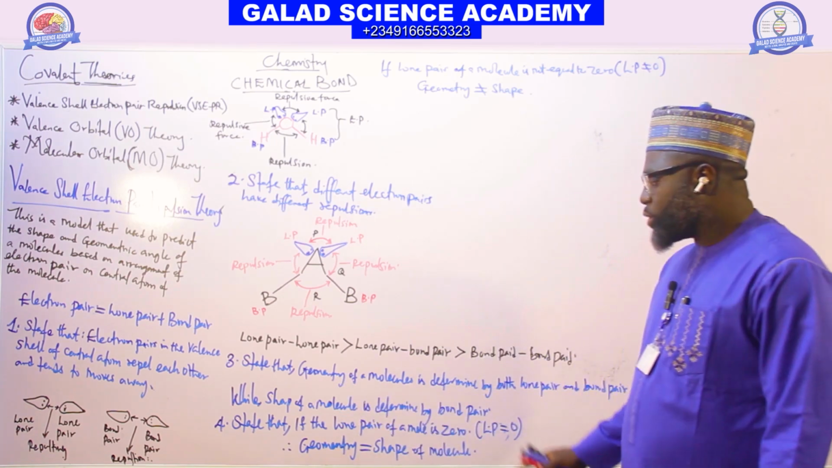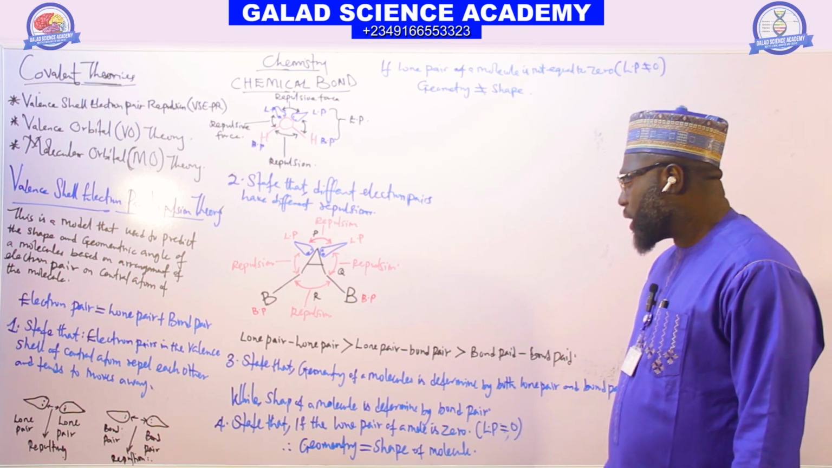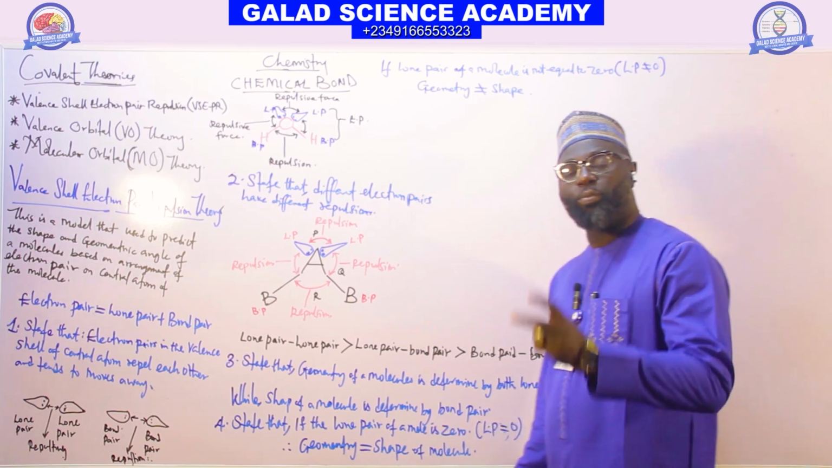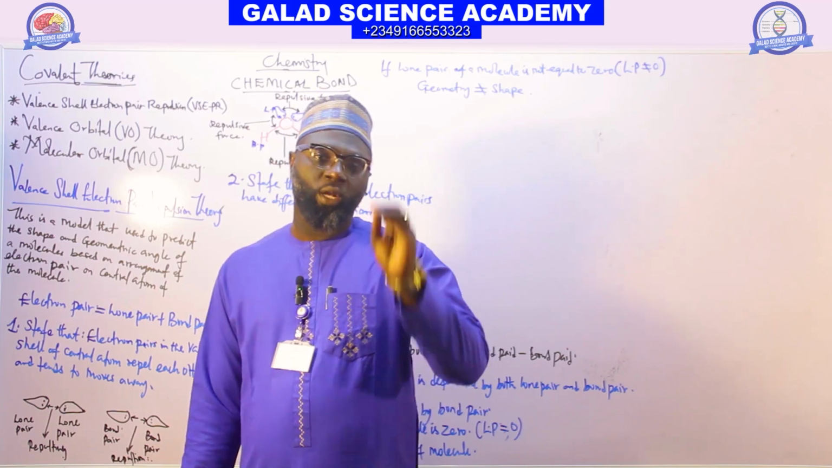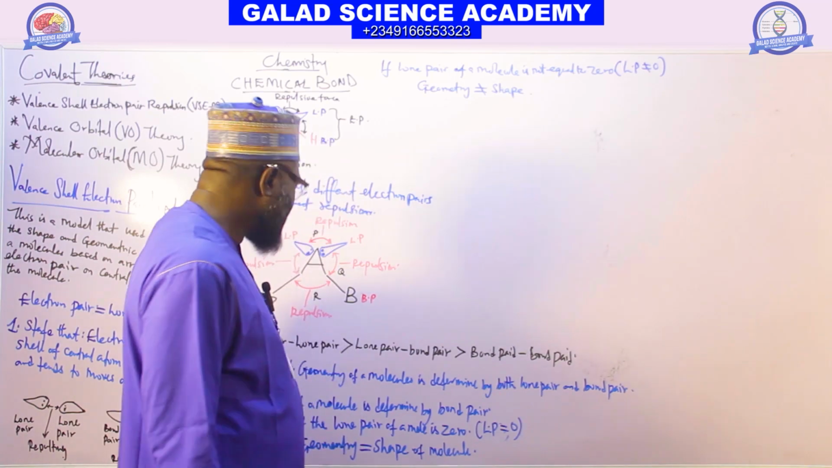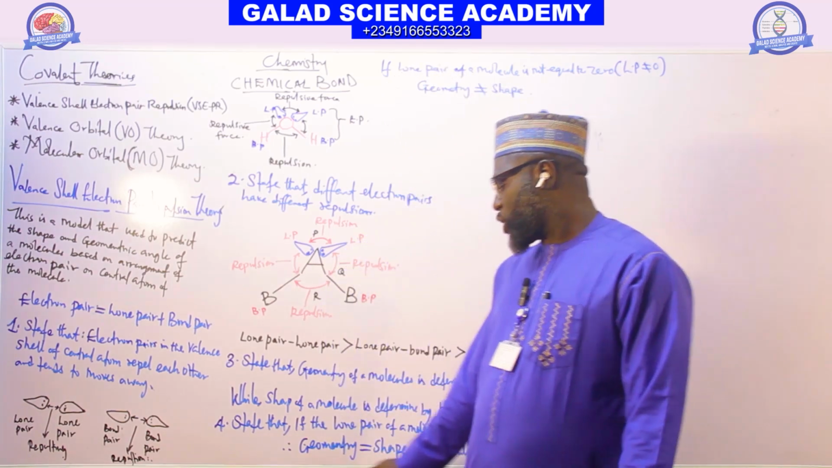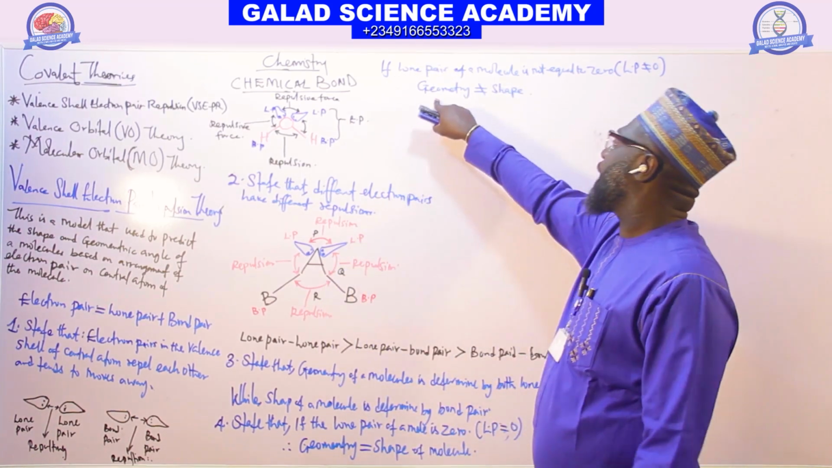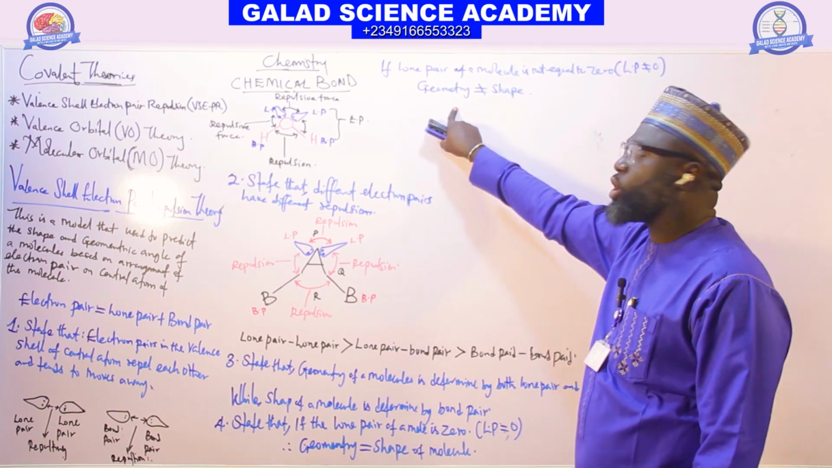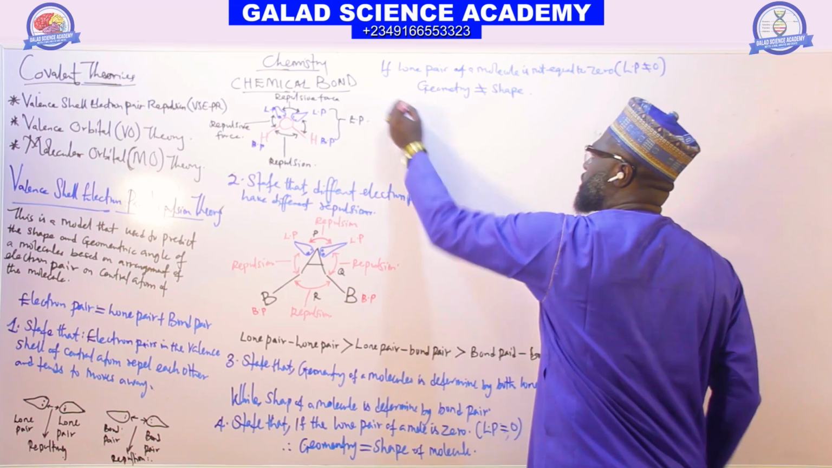The third one says that the geometry of the molecule is determined by the bond pair and lone pair, whereas the shape of the molecule is determined by just bond pair. The fourth one: if the lone pair of a molecule is 0, the shape and geometry are equal. If the lone pair of a molecule is not equal to 0, shape and geometry are not equal. And the last one, which is the fifth theory,